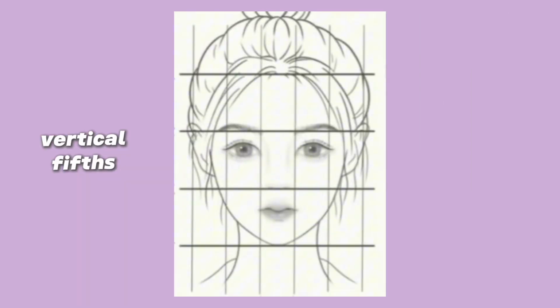So first, vertical fifths, we're going to split the face into 5 equal columns. And that's going to look like one across each eye, one across the nose, and one across each side. So ideally, each section is going to have the same width if you are vertically proportionate. So the width of one eye should roughly equal the distance between the 2 eyes. And then when they don't, the face usually looks more unique, more striking, or asymmetrical,